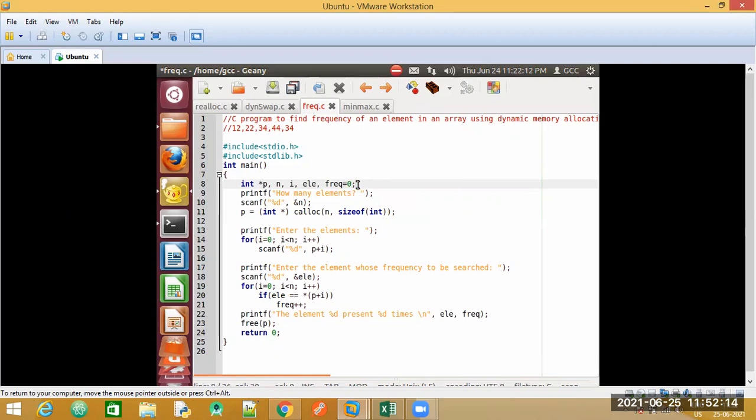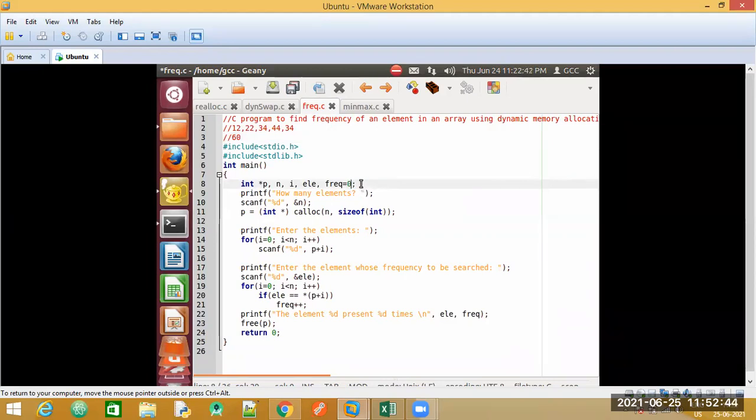Because suppose the user enters an element, like in this case, if I ask the user which element do you want to check for the frequency count, and the user enters the number as 60. Is 60 present here in the list? It is not there. So 60 is repeated, the frequency is 0. It is repeated 0 number of times. So that is why we have initialized this to 0, so that it can handle all the possible cases.